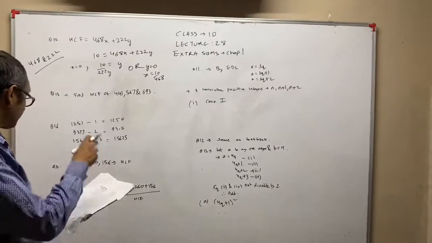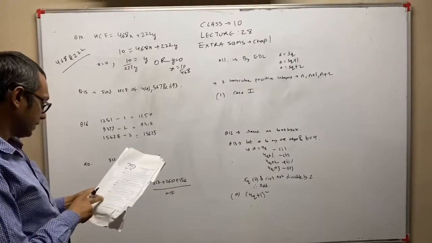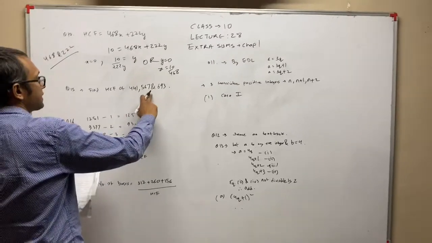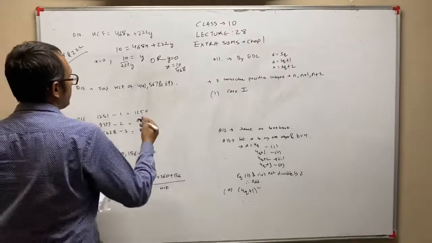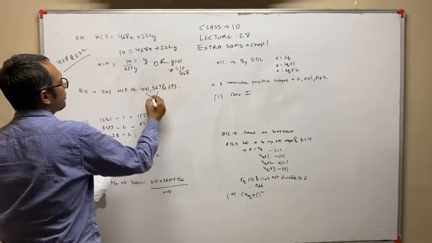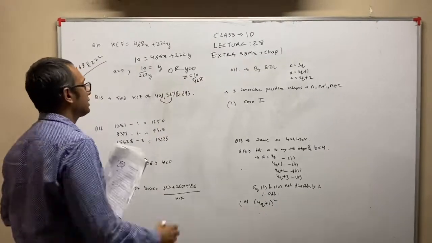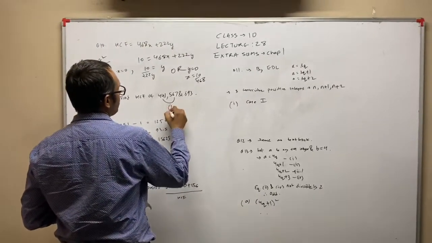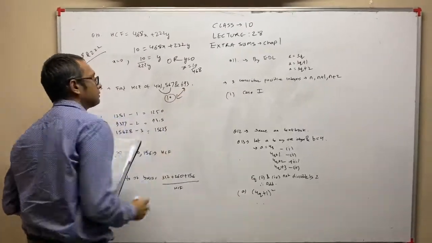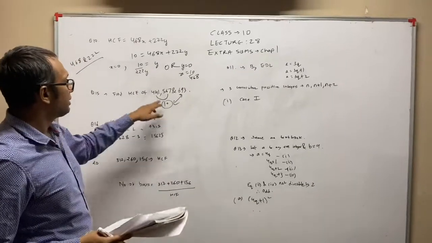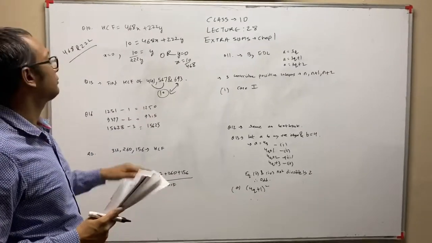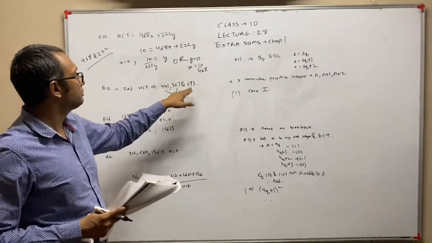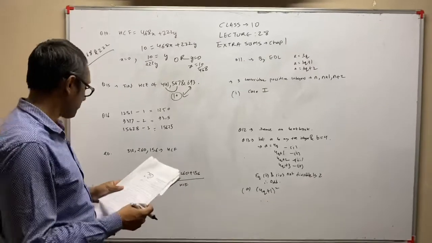Now we are looking at question number 15 first. Use Euclid's division algorithm to find HCF of 441, 567 and 693. In this sum, you first find the HCF of 441 and 567. Okay. Suppose it is 10. Then you find HCF of 10 and 693 also. Okay. Again, you will not get it as 10. I am just writing it like that. So first find the HCF of these two numbers, and then whatever HCF you get, you work with 693.